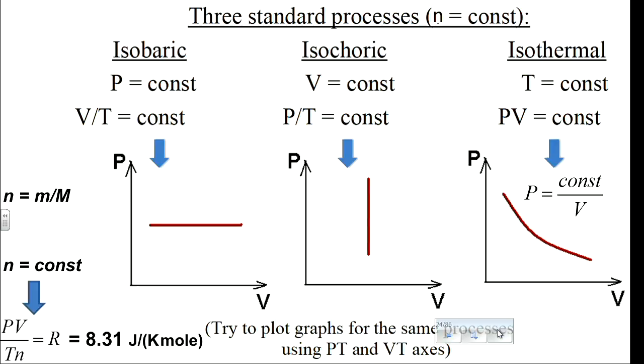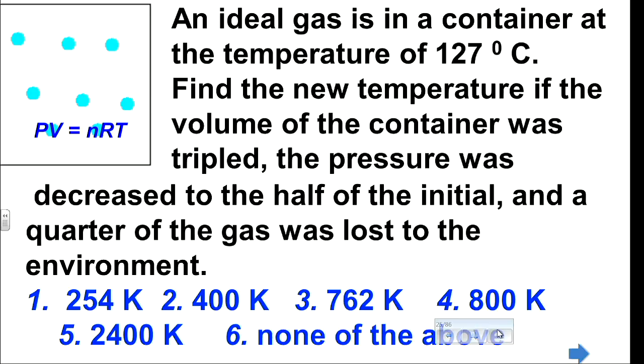Now we can just apply the ideal gas law. Well, first of all, for each iso process, we assume that the number of moles is conserved. We don't change it. Otherwise, it wouldn't work. So if n is constant, and another variable is constant, that means, for example, if pressure is constant, V over T should be constant. If the volume is constant, P over T should be constant. If the temperature is constant, the product, P times V, should be constant. All comes from a single law. That's not a question. Let's just do it quickly.